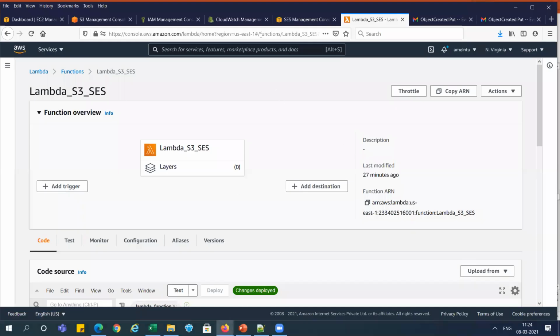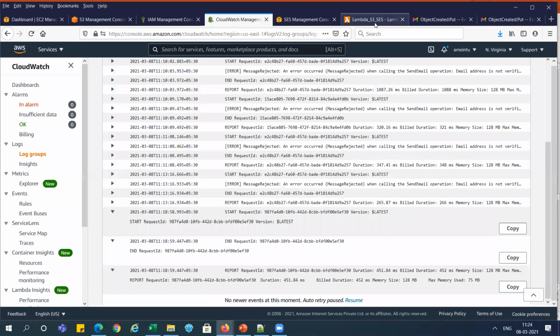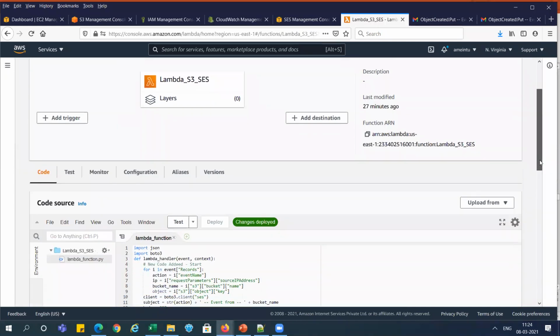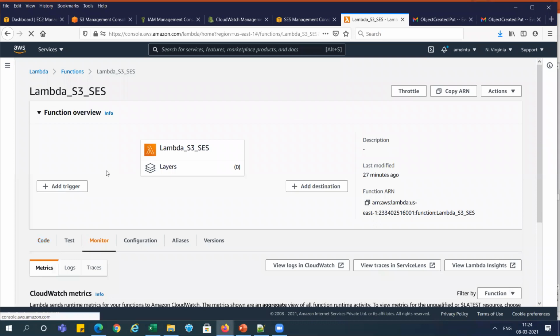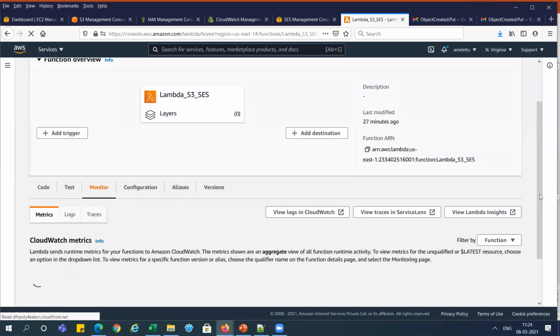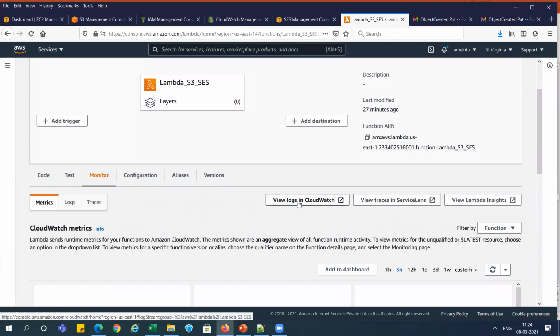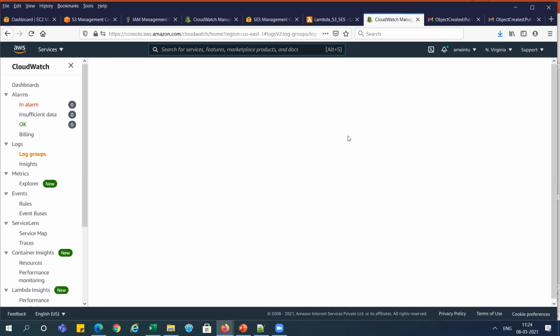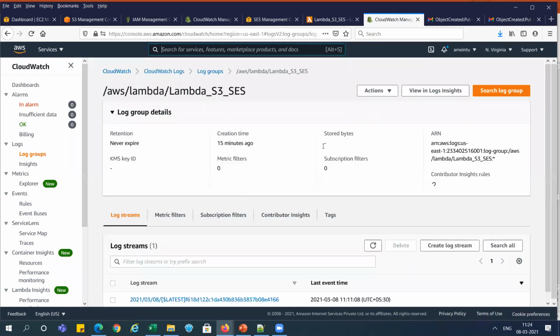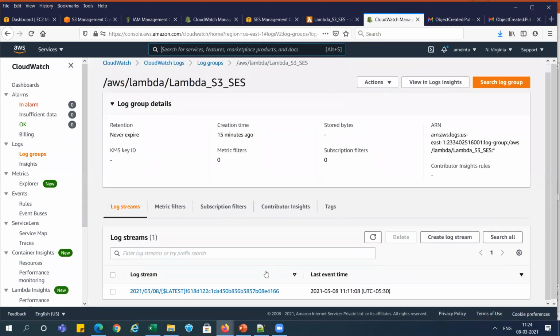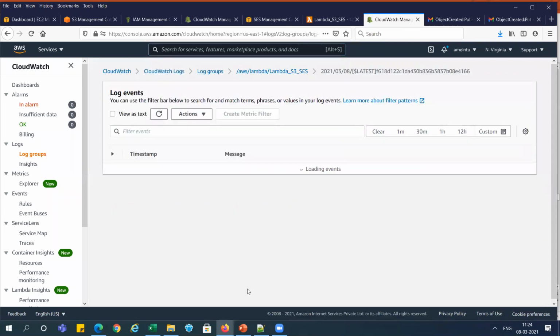So you can see logs directly from CloudWatch, or you can go to the Lambda and go to the monitor tab, because the monitor tab is there, and you can directly go to view logs in CloudWatch from here. If I click here, it will go to the CloudWatch management and open the log file directly. You can see it is opening that file, and it directly restored that log path location, right?